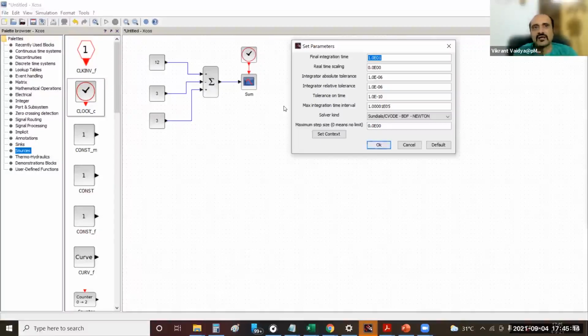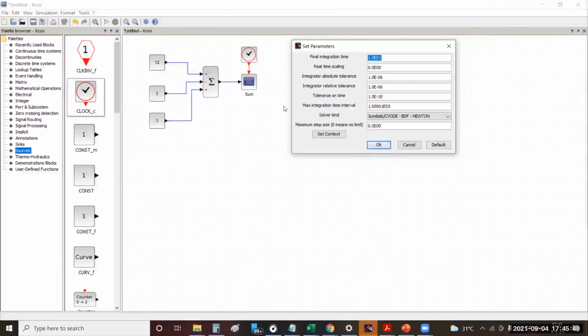If you put 10,000 as the final integration time for a 1000-second cycle, it will run the cycle and then it will unnecessarily keep running some random values till 10,000 seconds. So there is no point in doing more than that. And you lose the data doing less than that. So whatever cycle time you have defined in your inputs, that is the time you should put in the final integration time.